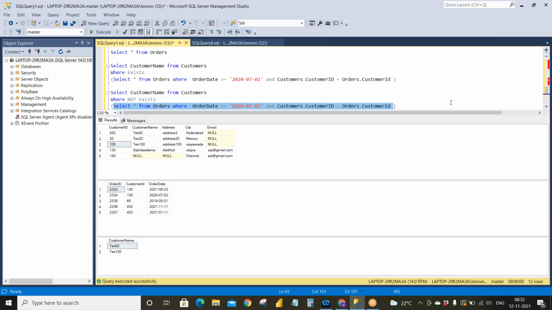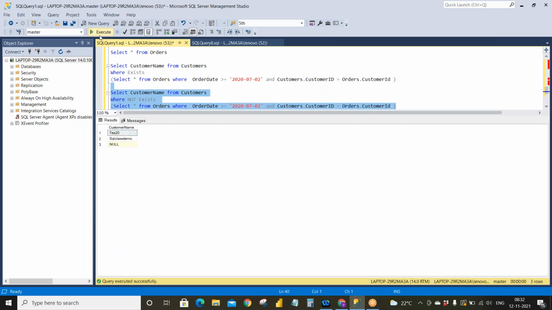In this case, what happens, you can see. See, other than test 100, SQL and test 92, we got all the three. That means it is not satisfying this particular condition, right?